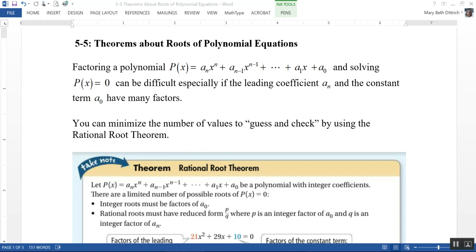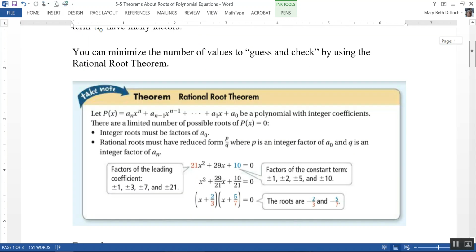Section 5.5 is on theorems about roots of polynomial equations. Factoring a polynomial, p of x equals our basic formula for polynomial, and solving p of x equals 0 can be especially difficult if the leading coefficient, a sub n, and the constant term, a sub 0, have many factors. You can minimize the number of values you have to guess and check by using the rational root